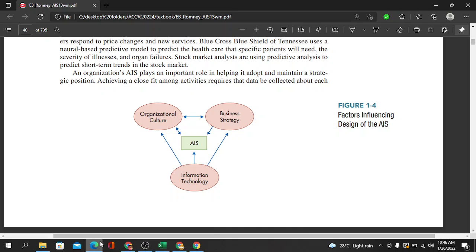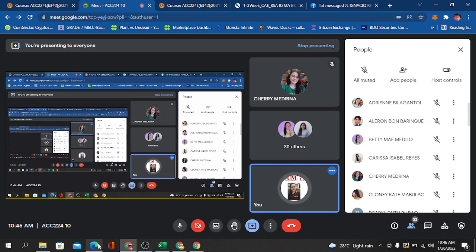Yun po, ma'am. And then, dapat involved talaga ang management. Kasi kung hindi involved yung management, of course, magkakaroon ng problem, no? Especially on the implementation side of the AIS. Maraming mga unsuccessful implementation of AIS. Meron din tayong mga successful implementation of AIS. And one of the concern there is yung organizational culture. Kasi hindi hands-on si management, no? On the system. So, na-failure yung implementation of AIS. Okay, may wala. Tingnan natin.